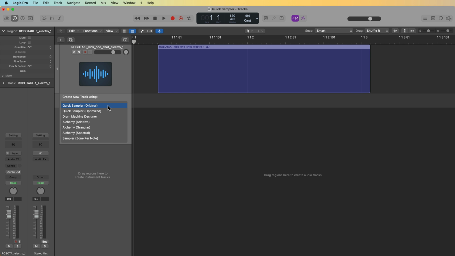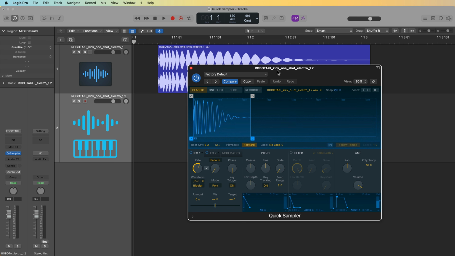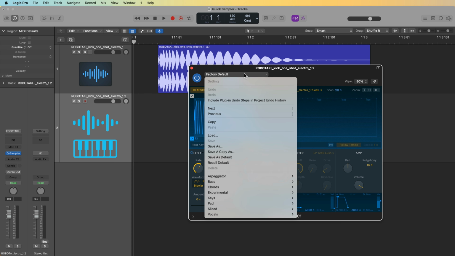And you'll see that there's 2 options for Quick Sampler. So we have Quick Sampler Original and Quick Sampler Optimized. I'm going to show you Optimized first, and I'm going to go back to Original. So what Optimized does is it will sort of automatically tune the sample and try to predetermine certain information from the sample. Like it's already put this kick on E2 and it's detuned it by 12 cents. I actually just want the sample to play back normally, so I'm going to recall the default here,